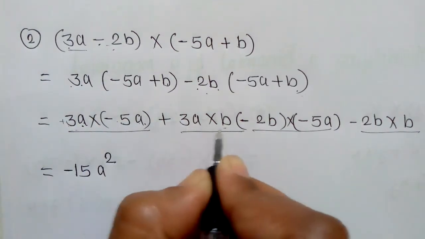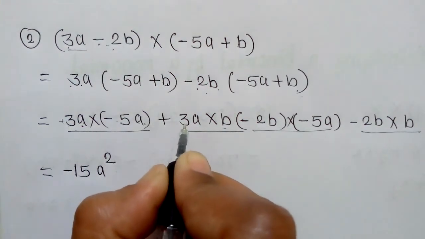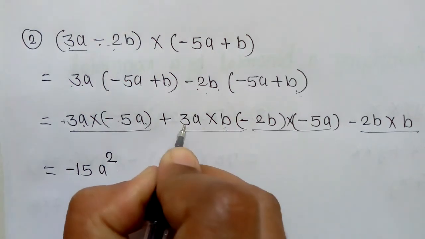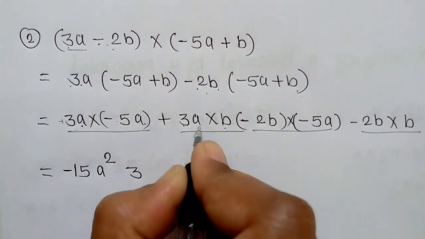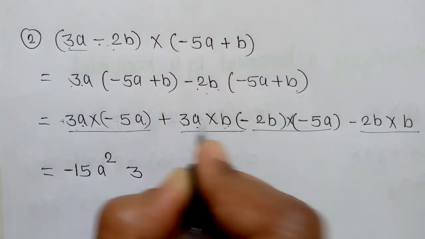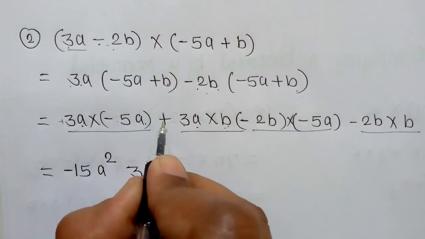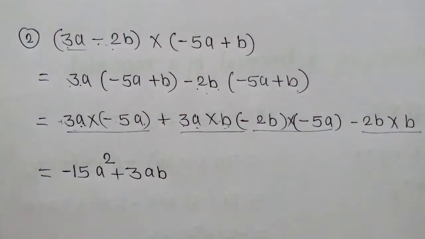Now here these two terms we will multiply. Plus sign or minus sign it will be, that we will decide after that. So here 3 coefficient is there. Here 1 is there. So 3 ones are 3. And here a and b. Variables are a and b. So a into b is ab. Now this is also plus. This is also plus. Positive, positive. So it will be positive.